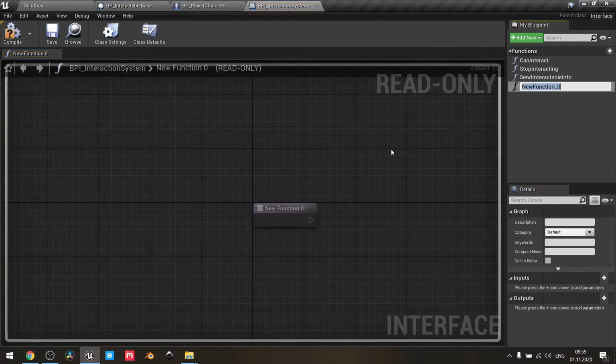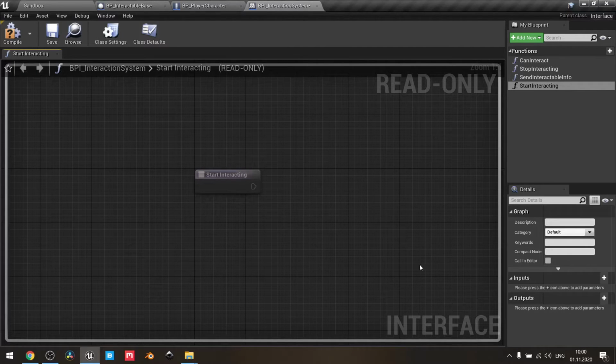So let's create another function and call it start interaction. As you can see, we can interact, then we send interactable info, then we start interacting. As I said earlier,